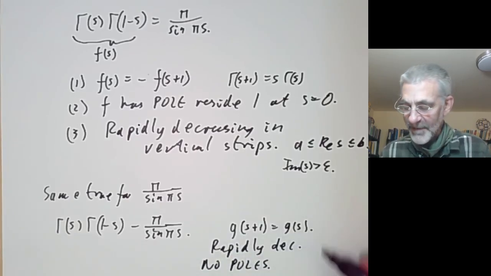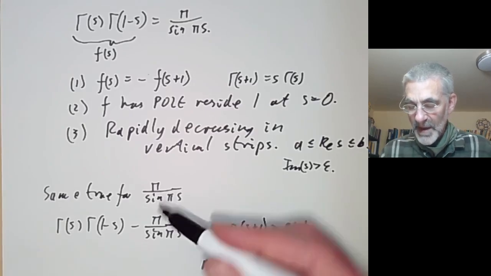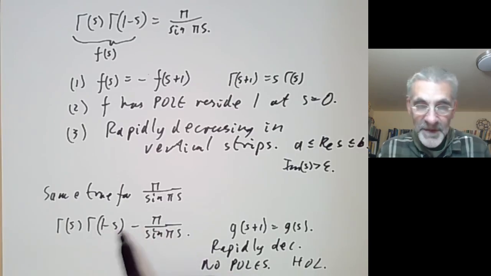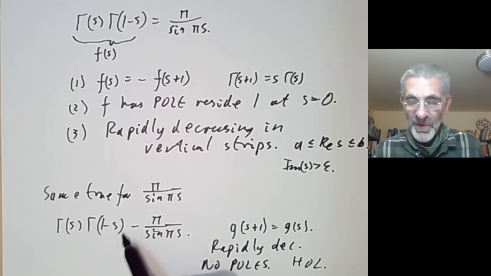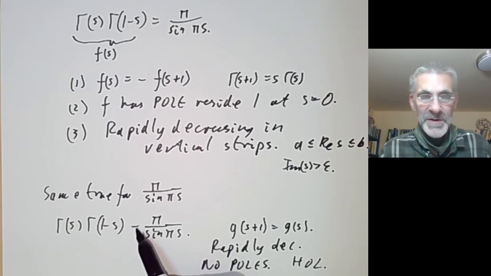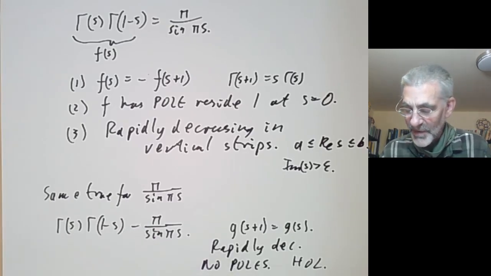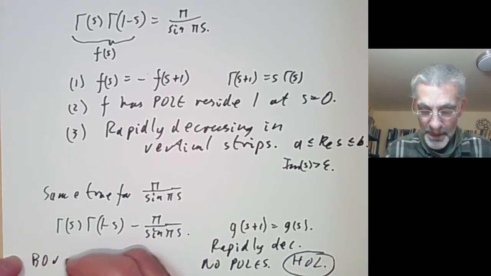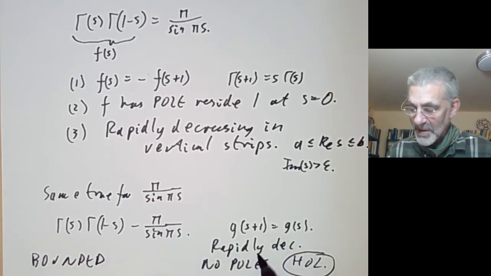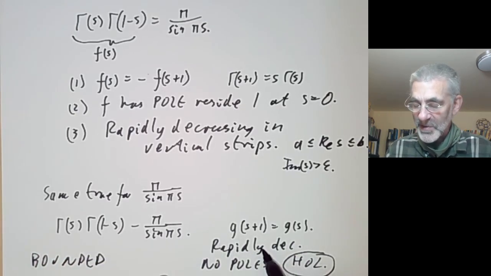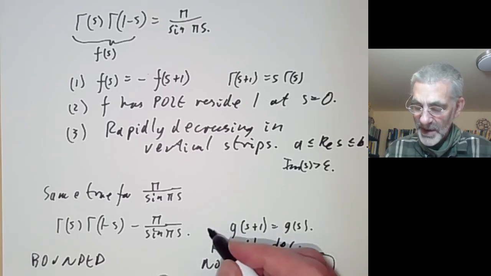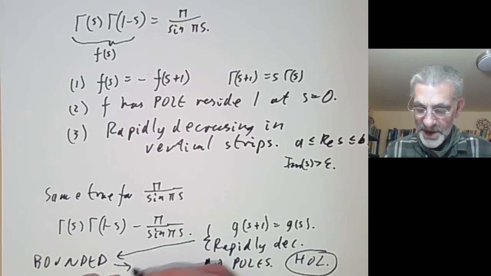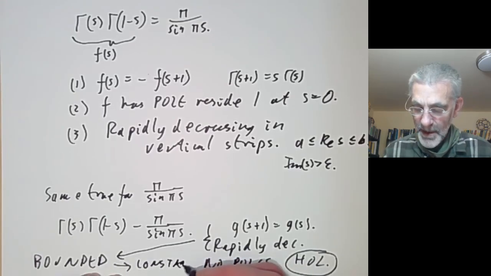It's holomorphic everywhere, because these two have the same poles at all points, so their difference is bounded near all these possible singularities, and therefore, you remember that a function that's bounded near a singularity is really holomorphic. So this function is holomorphic everywhere. It's also bounded, because if it's bounded in vertical strips, which it certainly is because it's rapidly decreasing, and it's periodic, these two together show that it's bounded. Well, if it's bounded, it's constant by Liouville,